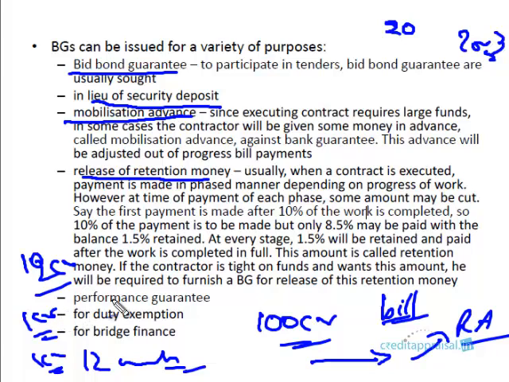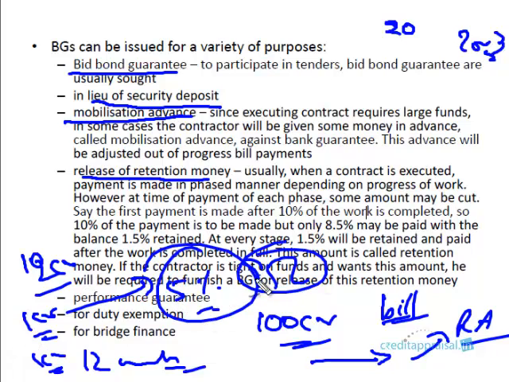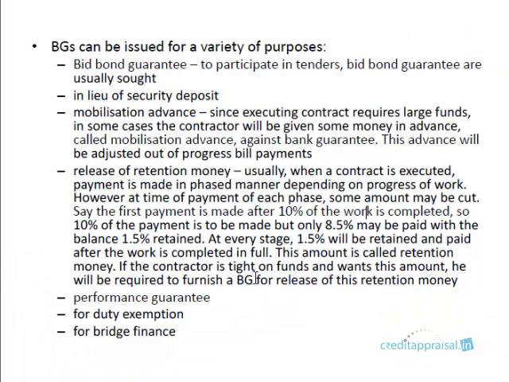Now what happens is that the party will not release the entire 1 crore to the contractor. They'll retain some amount, say 5% or 10%, and they'll pay only 95 lakhs. So this 5%, 5 lakhs, is retained in every bill. Why do they do that? Say, for example, the work which the contractor has done is not satisfactory, which comes to light later. Then they will retain this fund, and the contractor has to forego this amount.